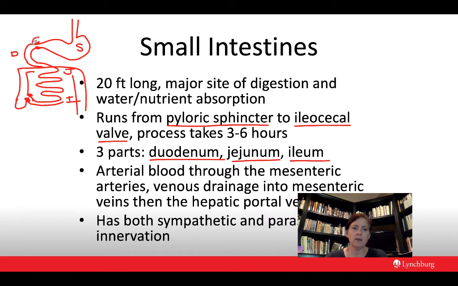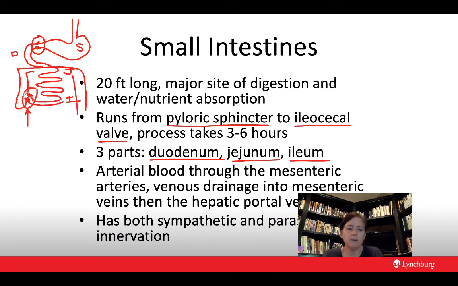So beginning at the pyloric sphincter at the junction of the stomach and the duodenum, small intestines, and the end of the small intestines signified here by the ileocecal valve, which is a sphincter controlling flow going from ileum into cecum, which is the beginning of the large intestines. Okay,